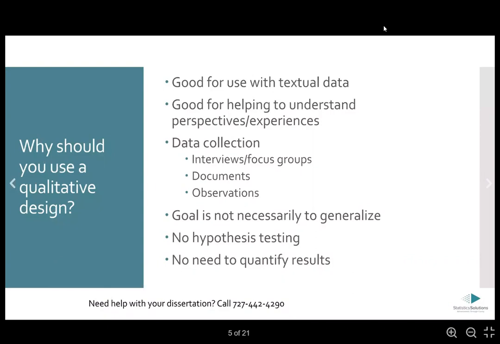One other point of difference between qualitative and quantitative research is the hypothesis testing. So in qualitative research, you are not going to be testing a hypothesis. Instead, you're going to be answering research questions. And here we're not quantifying the results. So you won't be reporting frequencies or descriptive statistics about the responses that people gave, because the data, again, is